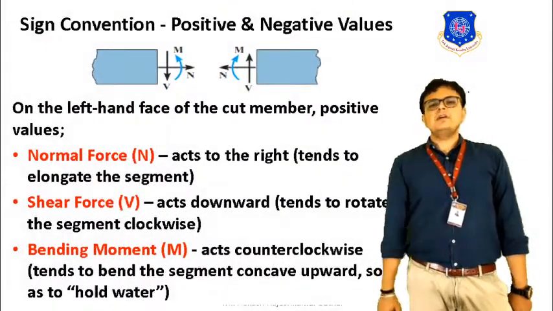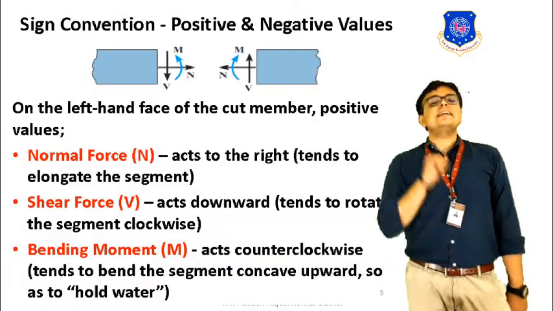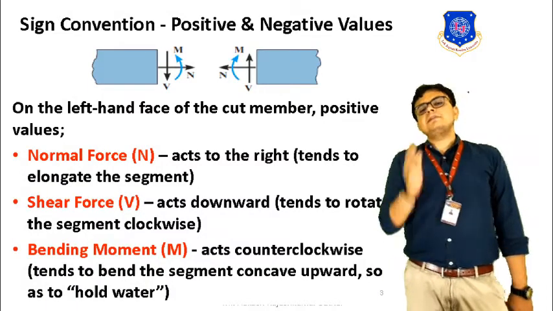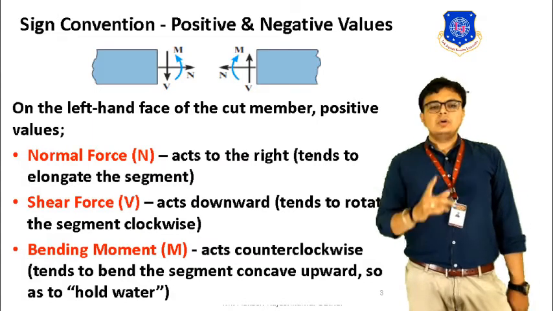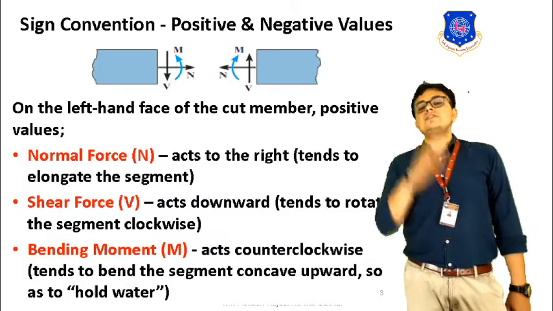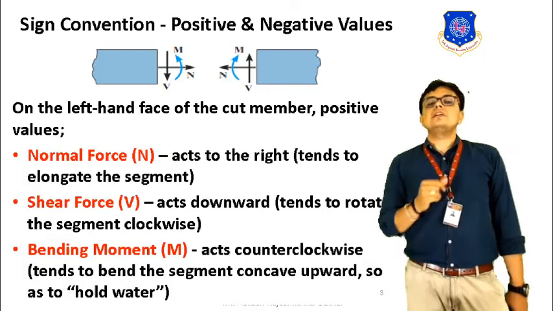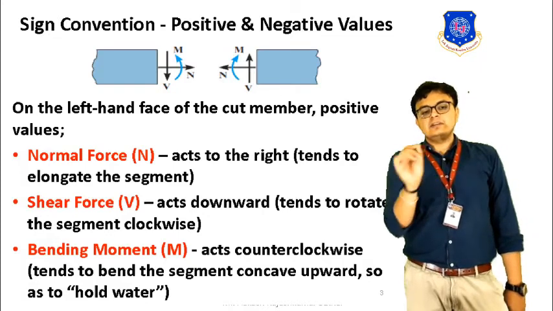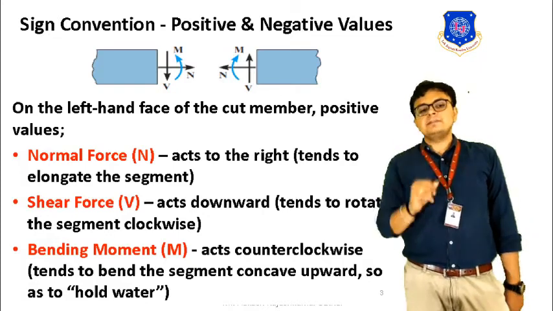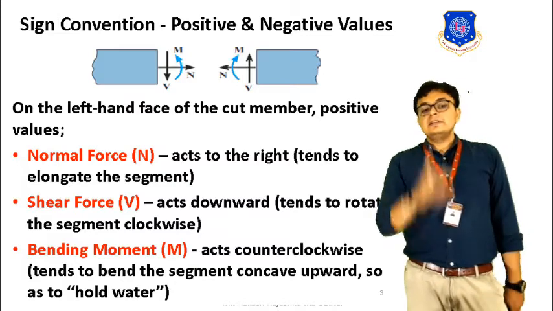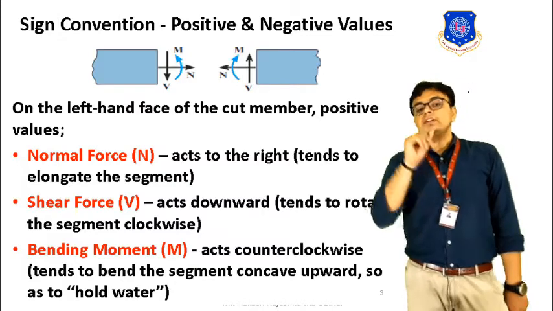Now moving towards the next thing, that is the sign convention. You can see over here we have cut the beam into two equal parts. So on the left hand side face of the cut member, the positive values are shown. On the left side of the cut member, there will be a positive value denoted by N, that is the normal force,